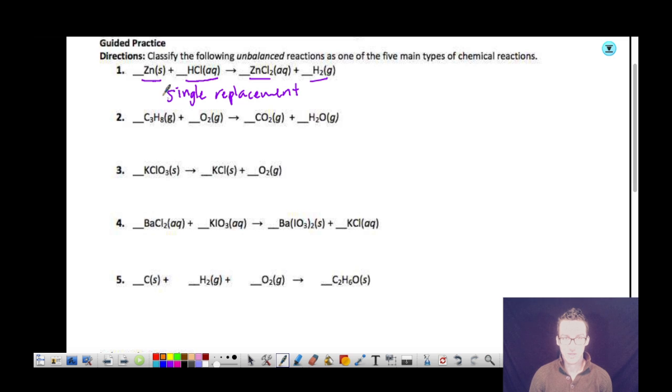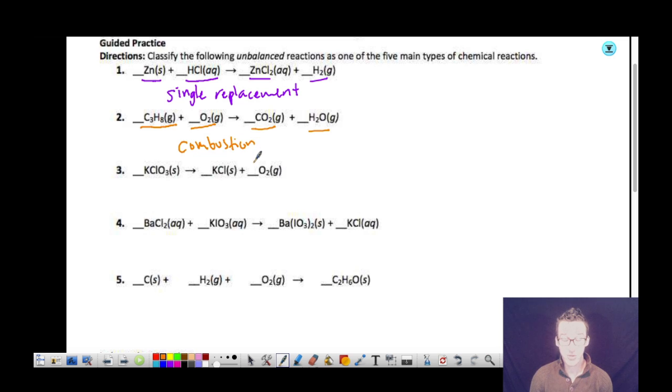Numero dos. I've got some crazy thing here that I don't know how to name because I haven't taken organic nomenclature yet. The true name of that is propane. Get ready, get excited about AP chemistry. This is some oxygen gas, and I make carbon dioxide and water. This is a combustion